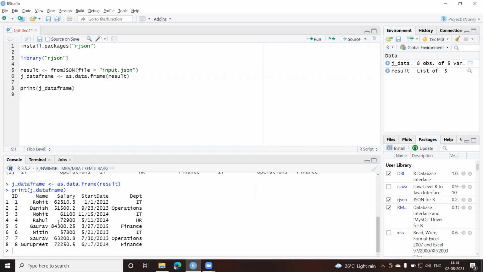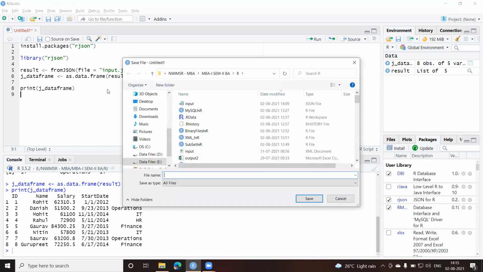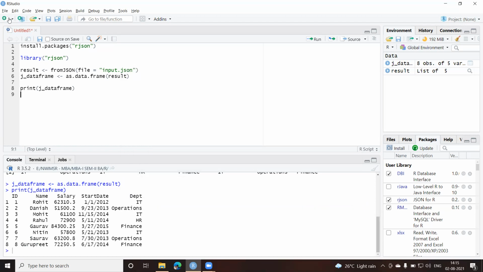Now the next topic for today would be visualizations. What are visualizations? We have already been doing one application, Tableau. In Tableau we are creating various visualizations. So in R also we can create some charts. Let us create one chart today. Today I'll introduce you to the pie chart. So I need not save this. Let me create another one.